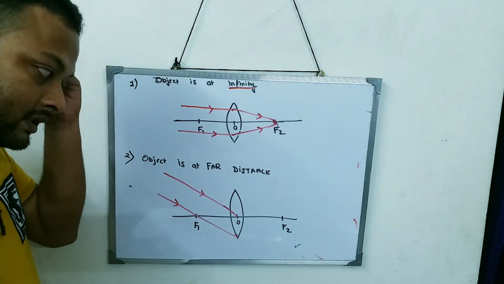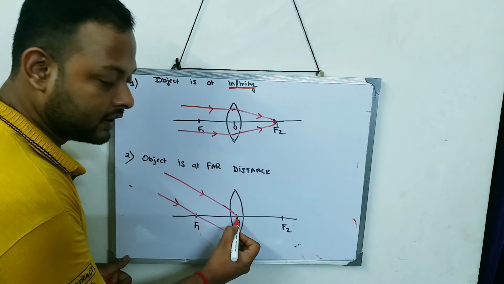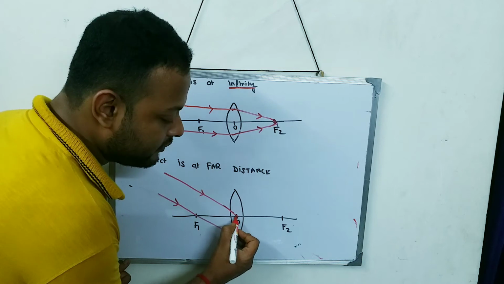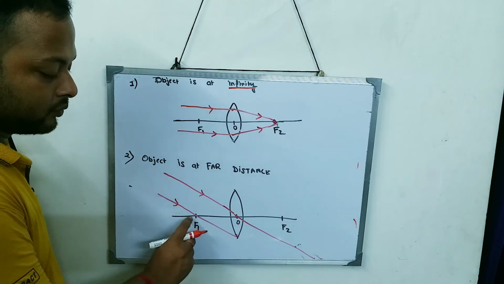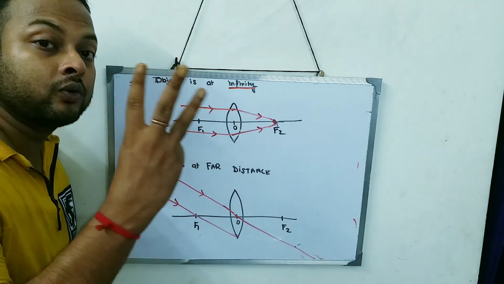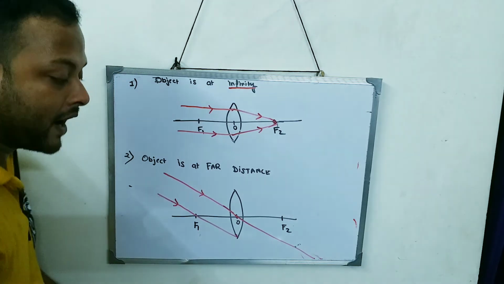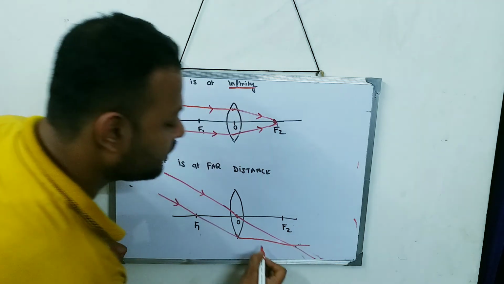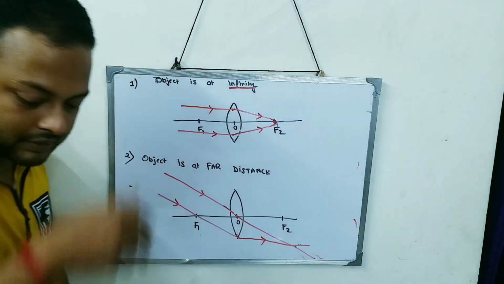Now, what are the output rays that you have to see? The ray which is incident at the optical center, what we know, the first rule says what? The ray will pass undeviated, something like this. And the second ray which is passing through F1, what we know about this ray? Remember the third rule. Third rule says, if the ray passes through F1, it will become parallel to the principal axis. The rays are not exactly parallel, okay, because I am doing freehand, again I am saying, but you try to understand.